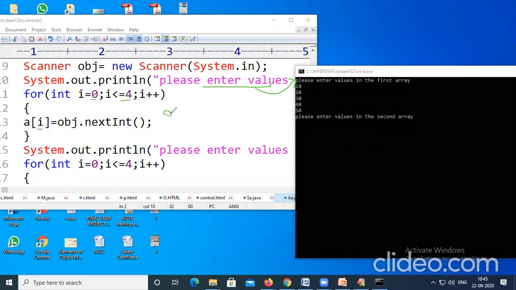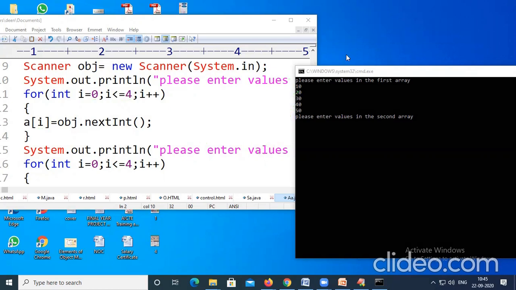That means we will get a of 0, a of 1, a of 2, a of 3, and a of 4. We get all these things. So the first value 10 will be stored in a of 0, 20 will be stored in a of 1, 30 will be stored in a of 2, 40 will be stored in a of 3, and 50 will be stored in a of 4.